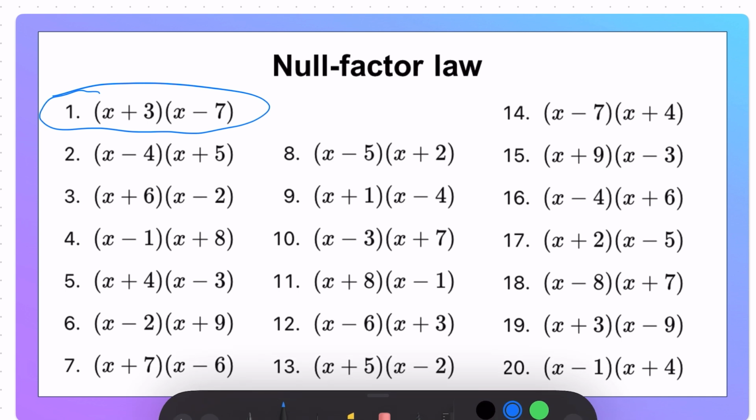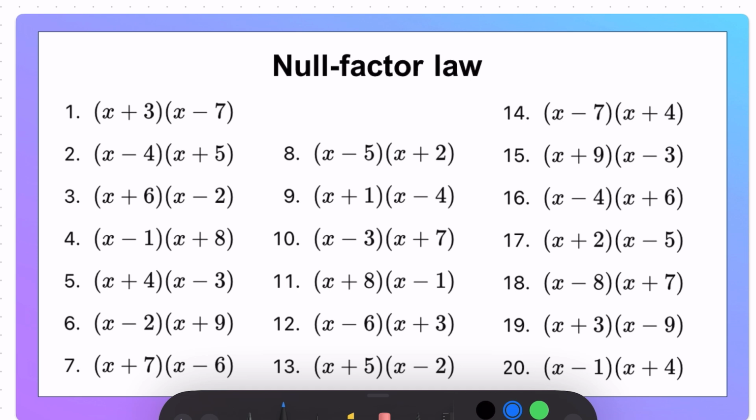There may be a question that is that difficult that will want you to factorize and then use the null factor law. But oftentimes, if they want you to use the null factor law, they will just give you the brackets and you can then go from there. So I'm going to answer these questions and you will pick up the pattern and work out